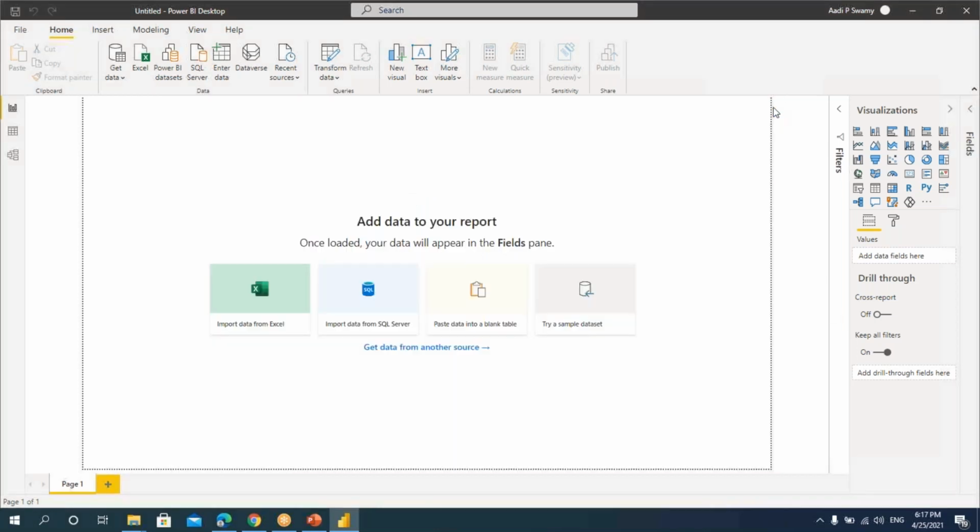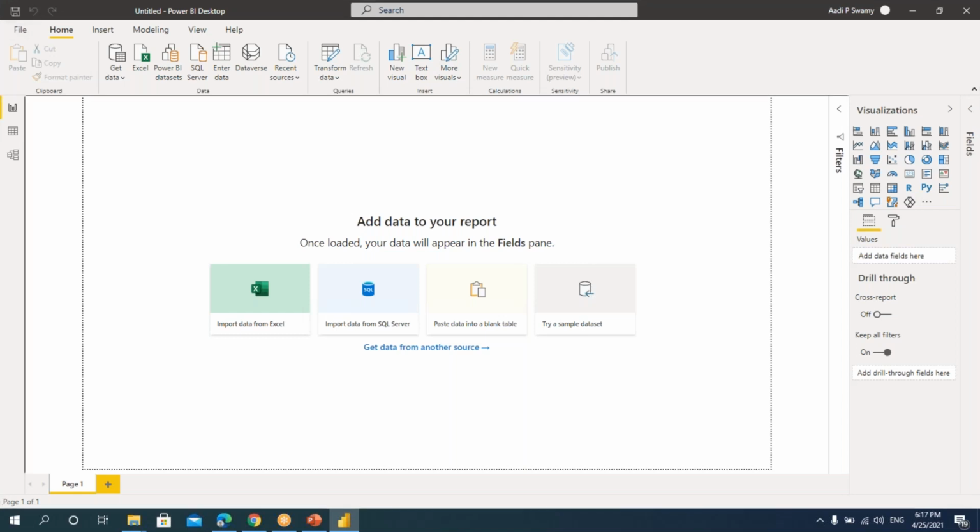Let's close this. If you come to this, this is where I have this, say the desktop, where I'll be creating my reports. To keep it very simple, I'll quickly tell about the layout of this Power BI. Here, like what we have in MS Office application, that is the ribbon, you can see the layout. It is exactly like what we have in Excel, Word, or PowerPoint or something. Similar to that, we have the layout.